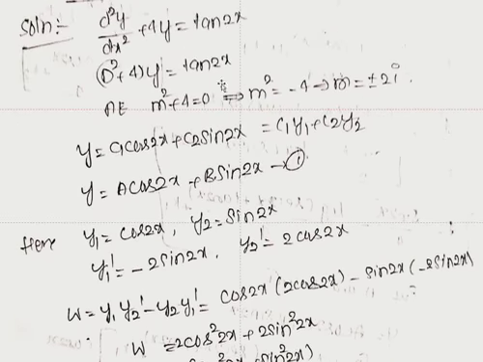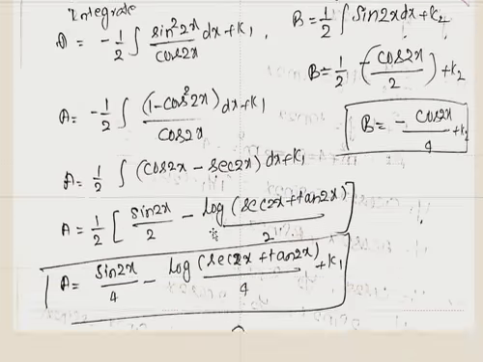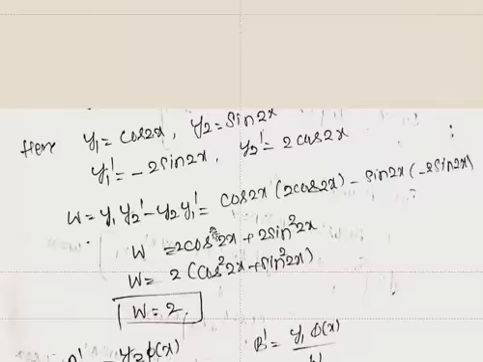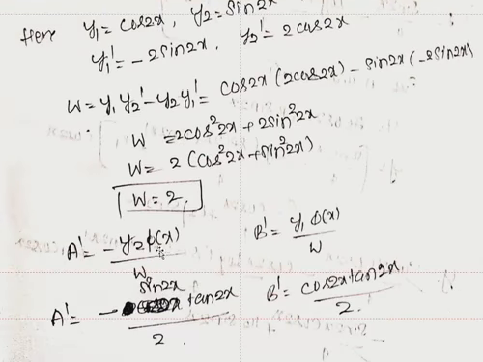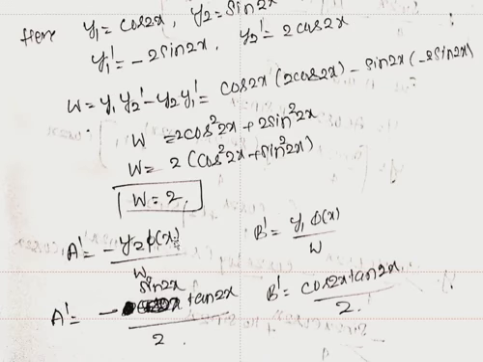The RHS is tan 2x. Therefore, pi of x is tan 2x divided by, here the Wronskian is 2. Here b dash is equal to y1. y1 is cos 2x. Pi of x is the RHS of the given equation, that is tan 2x divided by the Wronskian, which is 2. Next, a dash is equal to, simplify the previous term, therefore minus, here tan 2x